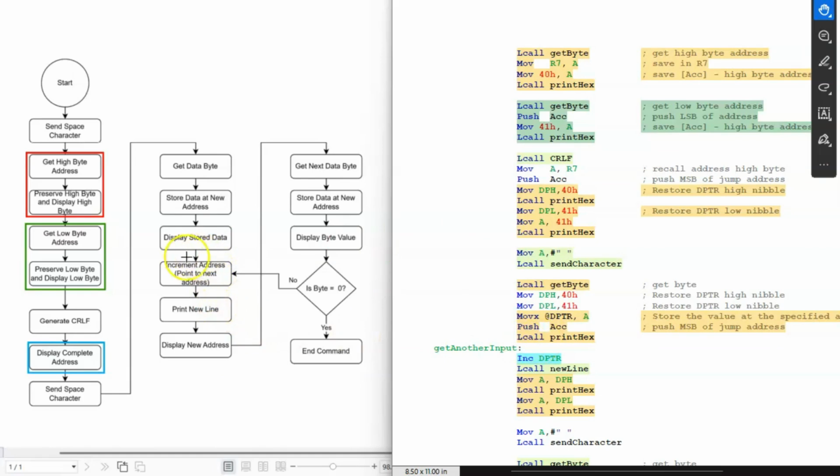And then it increments the address. It points to the address of the next byte, which is taken care of by this INC instruction here. Then it generates a new line, which is here. Then it displays the new